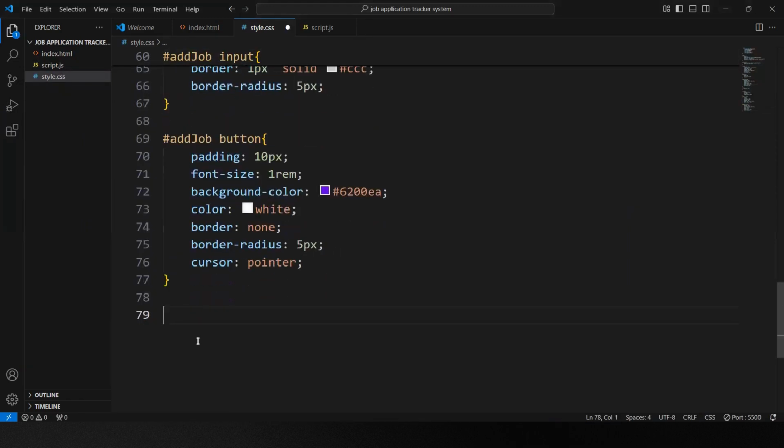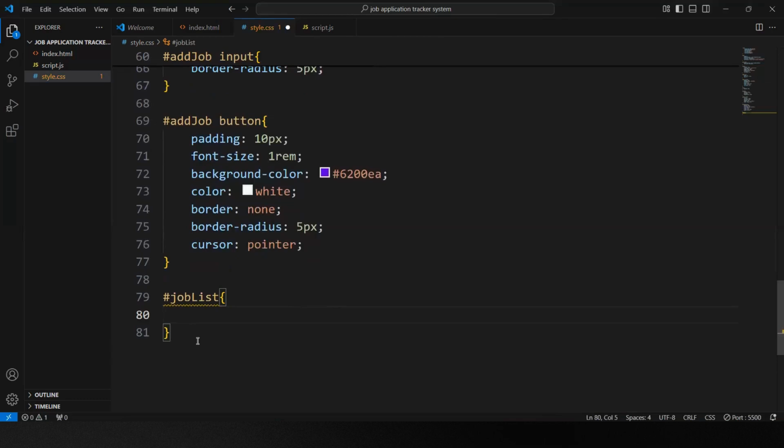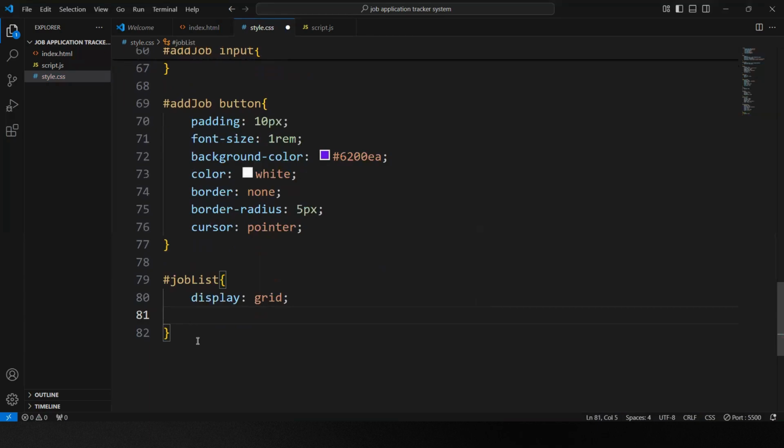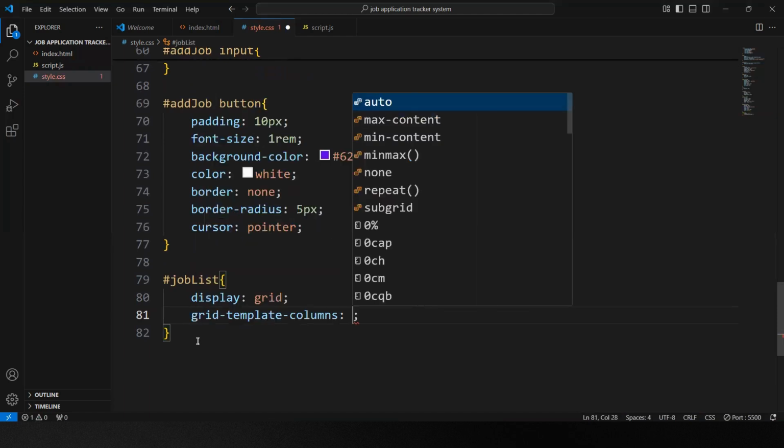Next, we are going to set our job list section. We didn't write any code for the job list part in our HTML, so we are going to do it with our JavaScript code. As for the job list section, I'm going to make a grid system here. Display grid, and for each column of the grid,